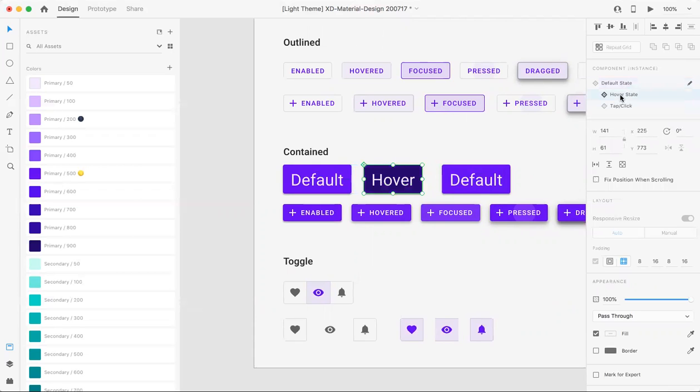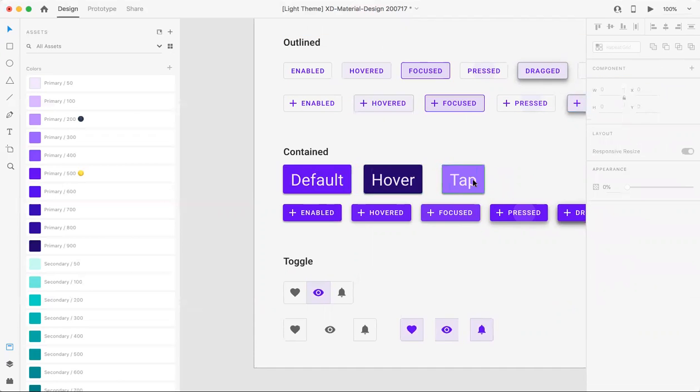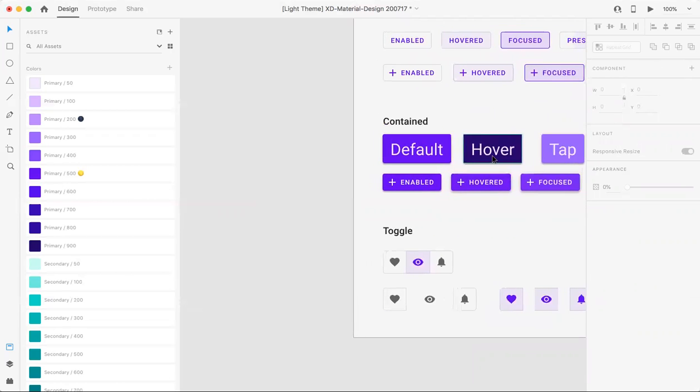Then hover state looks like this. Tap looks like that. I'll just show all the looks so I know what to expect. And in the real life, then you have,